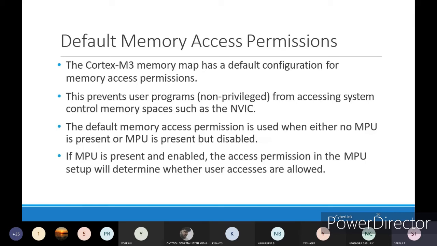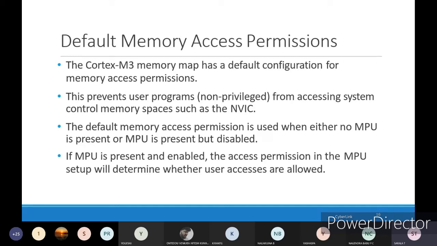He can access only the SRAM area, only the data area, only the application memory area. Only those memory addresses can be accessible by the user. That permission will be provided using the memory protection unit setup. Okay, and the remaining memory addresses can't be accessed by the user.